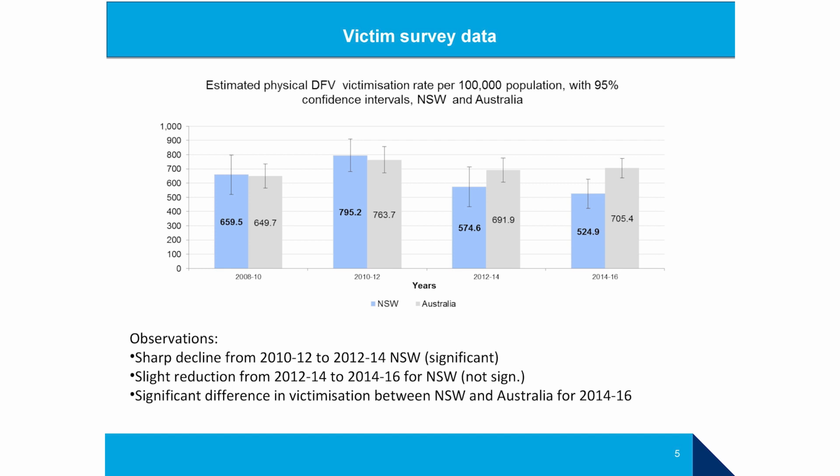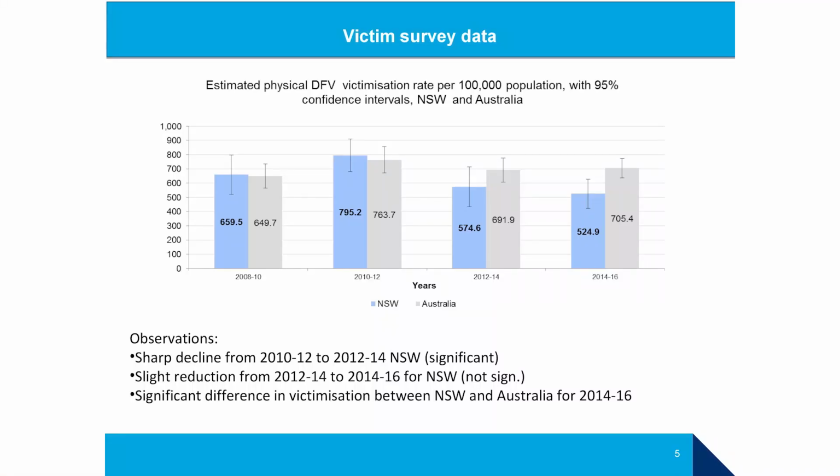They do ask specifically about the relationship between the victim and the offender, so we can look at domestic and family violent incidents, but once we break that down to looking at one region in New South Wales and a type of offence between types of victims and offenders, the sample size gets so small that it's hard to know if it's really truly representative, and the estimates can become very unreliable. So what we did to overcome that problem is we actually pooled 2 years worth of survey data into one data point. So that's why we've got 4 data points, but 8 years worth of data covered over here.